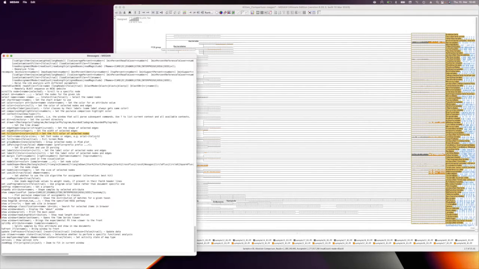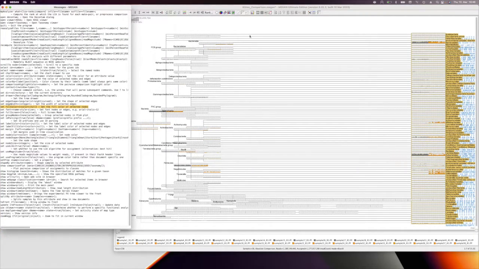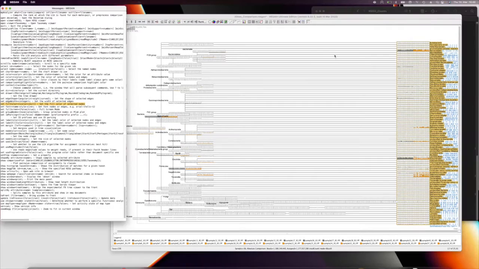When you click this, it will basically print all the commands that are valid for the current window. So it will tell you everything that you can do in this main MEGAN window, and so you can use this to start writing your scripts. All right, I think I've covered everything that I wanted to cover in this interactive part. Let me